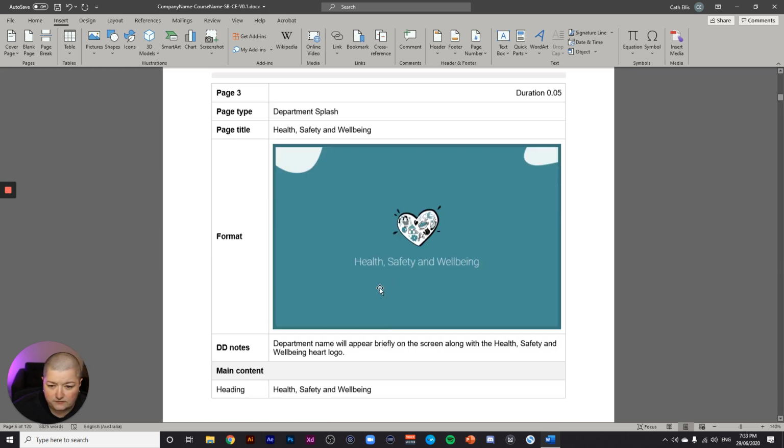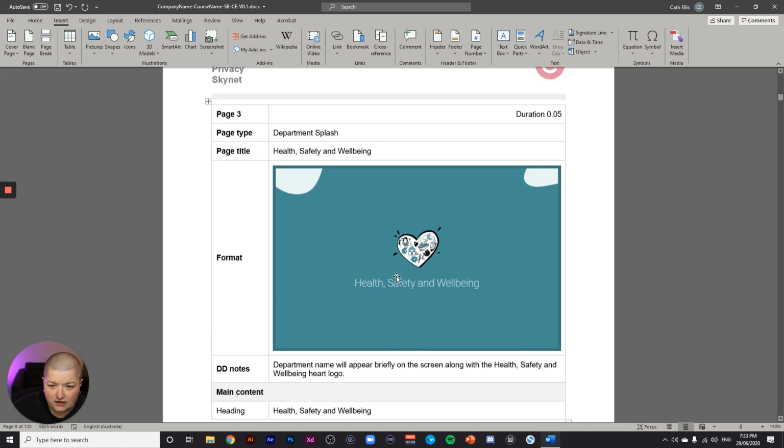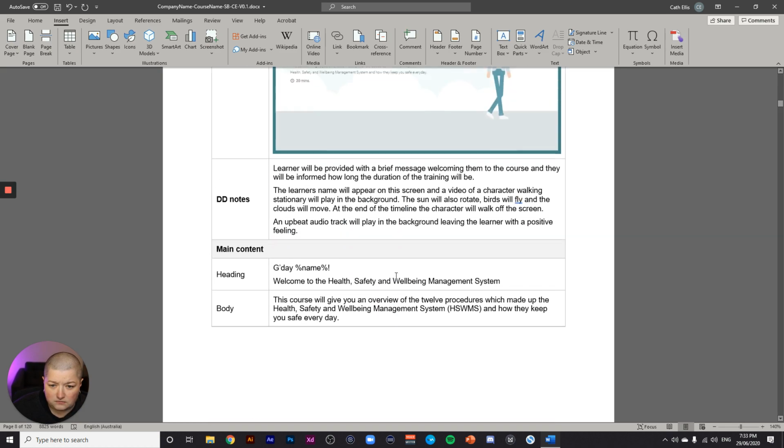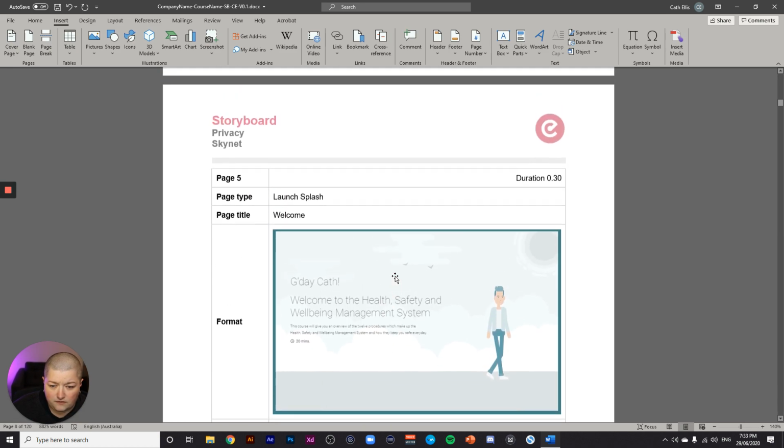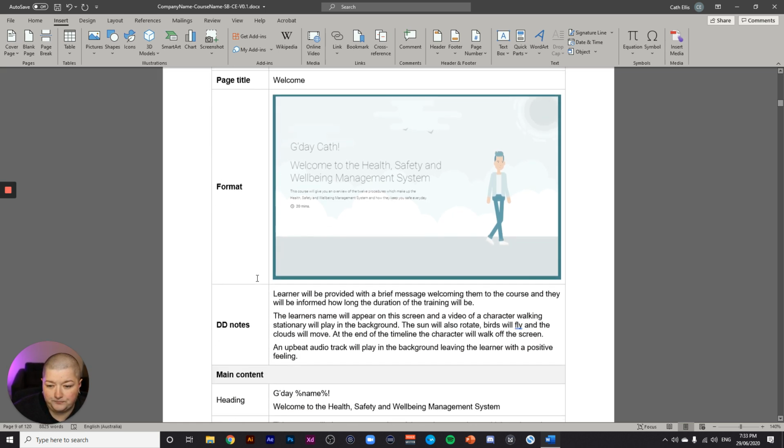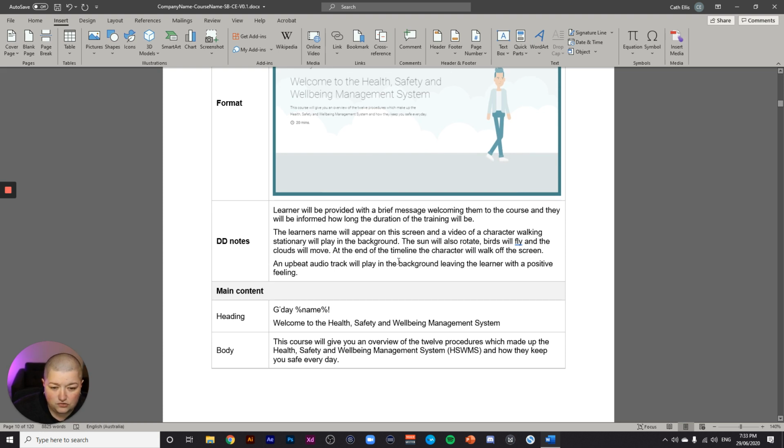Like I said, I've got different page layouts that I need. So here, the kind of things that I include are the type of page, the title, the duration, obviously the slide number, digital design notes. So I just put everything together. And these are normally for me because I'm an end-to-end designer. Main content, you see here, heading,